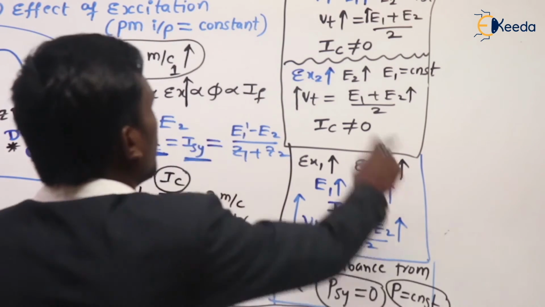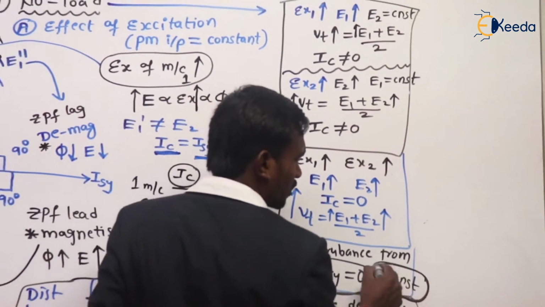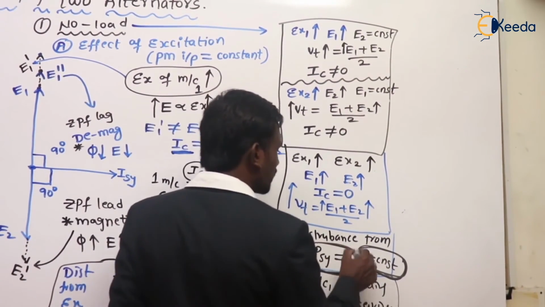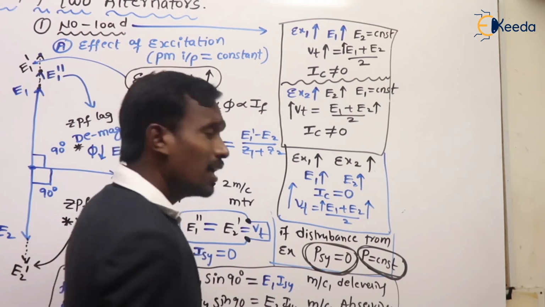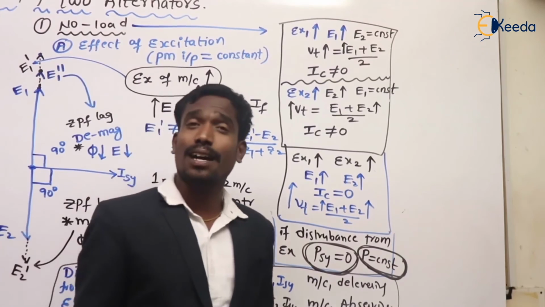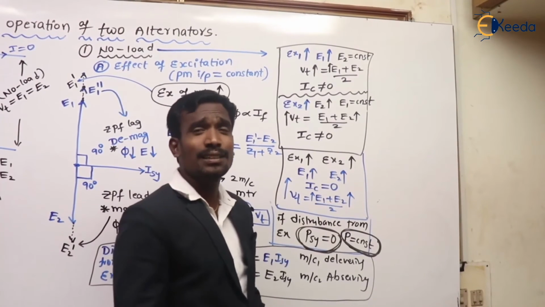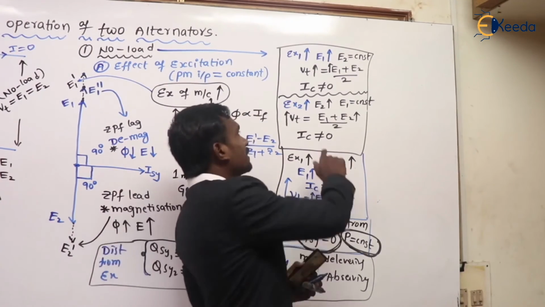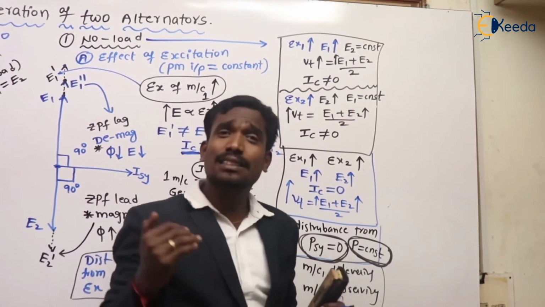In all these four conditions, there is no change in active power. The synchronizing active power is 0. But what comes into action to maintain constant terminal voltage? Here, the synchronizing reactive power comes into action in order to maintain the constant terminal voltage. When excitation of machine 1 increases, machine 1 delivers reactive power to machine 2. When excitation of machine 2 increases, machine 2 delivers reactive power to the